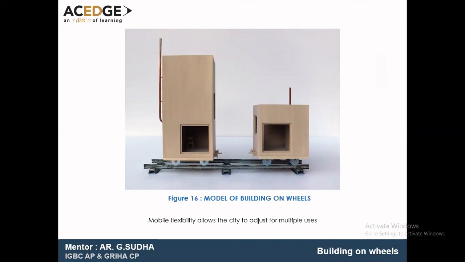So it's not just based on the spatial requirements. You can also have the flexibility based on the seasonal changes. Say in winter, you need to allow more sun into the space. You can have your structures facing the sun. In summer, in case the sun has to be avoided, you can move your structures facing away from the sun. So this kind of flexibility also makes the city more dynamic, and it also makes the city more interesting as well.